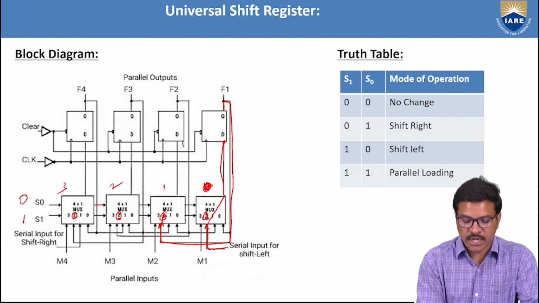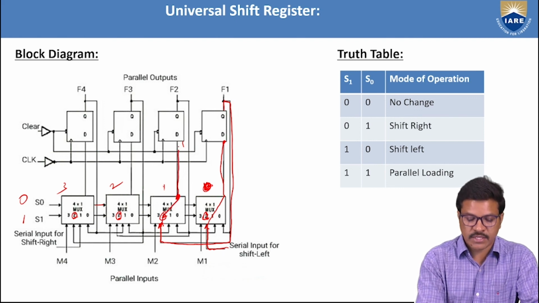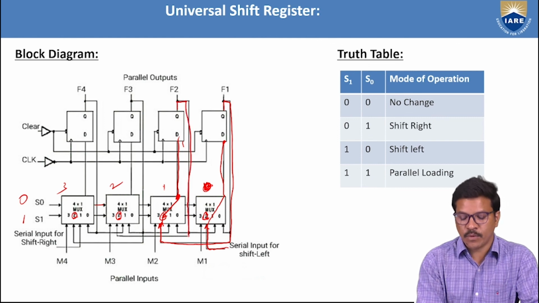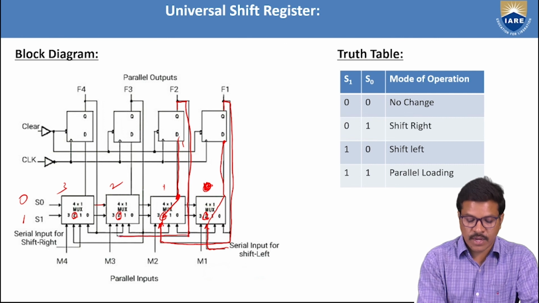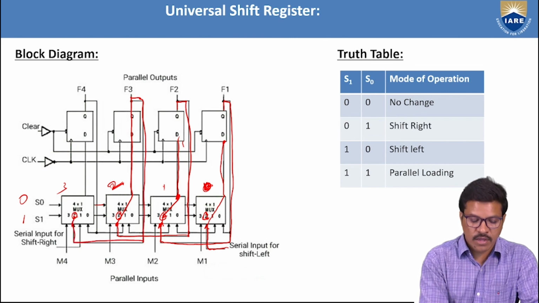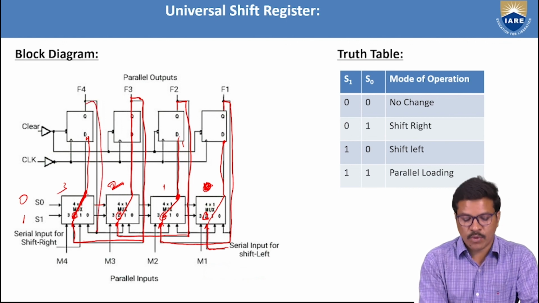muxer. The data is available in the second clock and passing through that clock value, and then the second clock, you will get the second input, and that will be connected to the second muxer. That data will be available in the third clock and passing through the data D, and you will get some output. And then after the fourth clock, the data is available in the fourth clock, negative edge clock. The data is passed to the muxer. This one is passing to the D, and you will get that output. That data is available in each